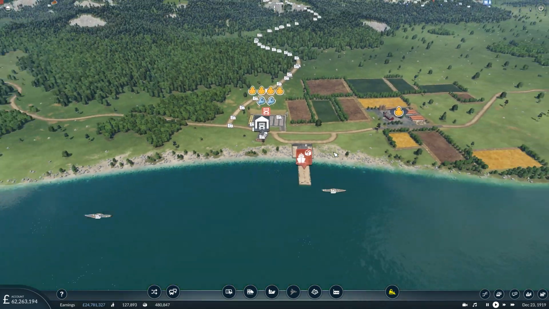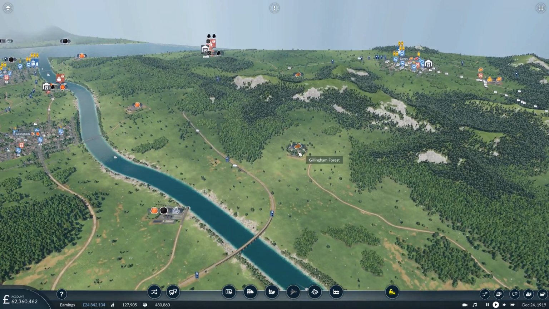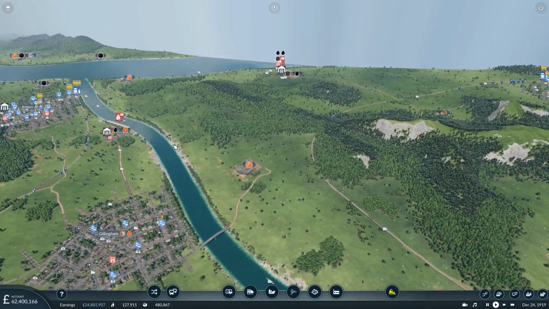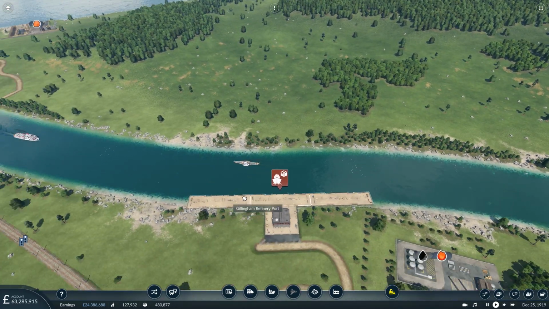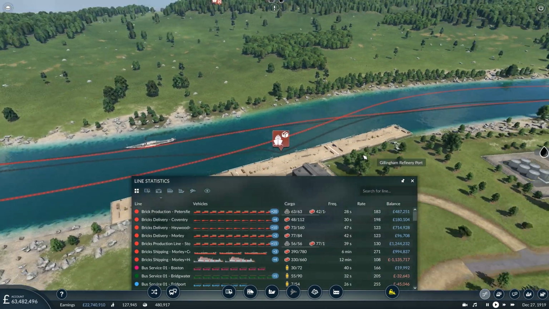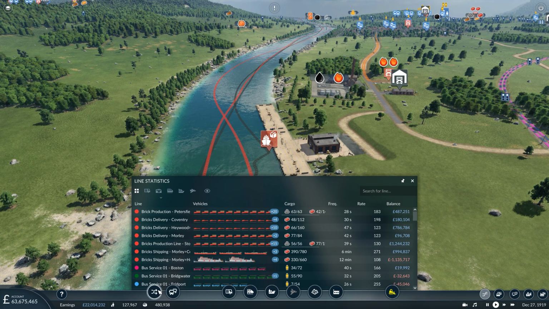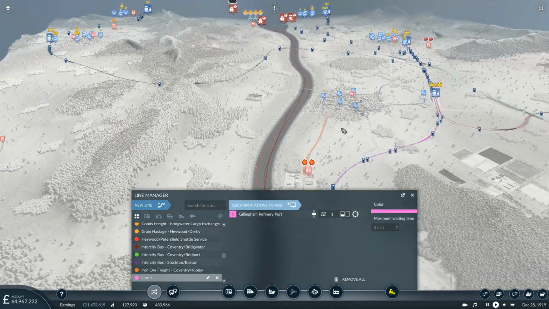Yes, okay then, so, fuel. We have fuel being delivered by ship anyway into this harbour here. This is a 3-berth harbour, so we do have the capacity to have a second line from here without them getting in each other's way. So nice and simply, nice and quickly, the first thing we'll do is set up a shipping line from Gillingham